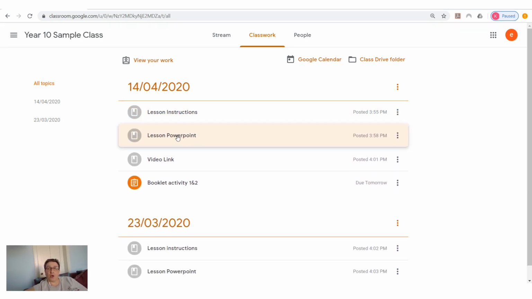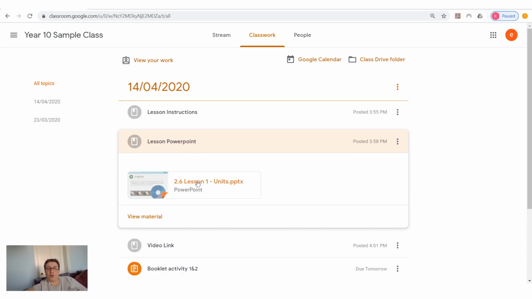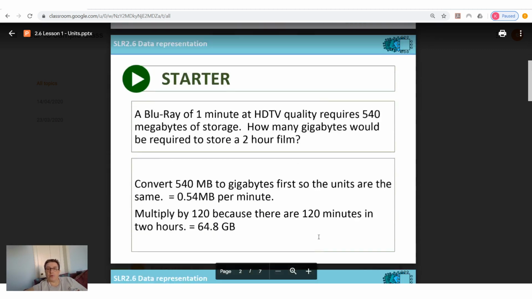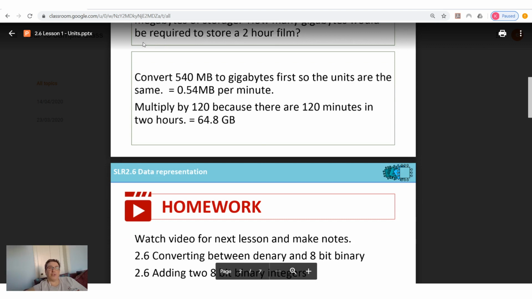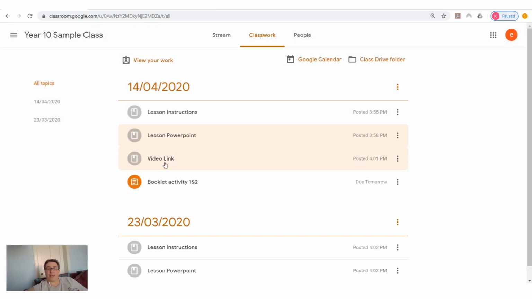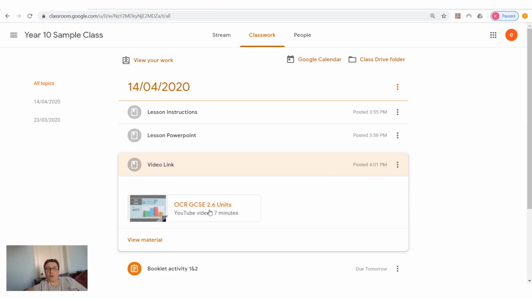So you could do that by opening up the PowerPoint, and you can literally click on it. The PowerPoint opens, and then in the usual way, you'd look through all of the information. Once you've done that, you can then go back, minimize that. Here's the video link. Same way, if you click on that,